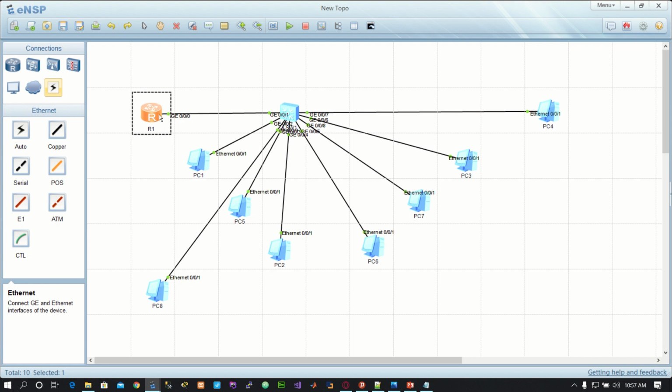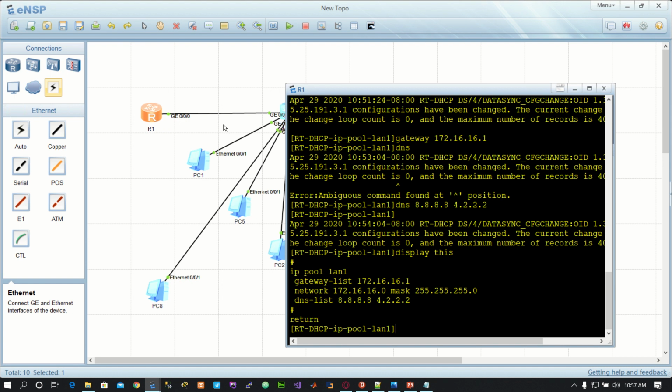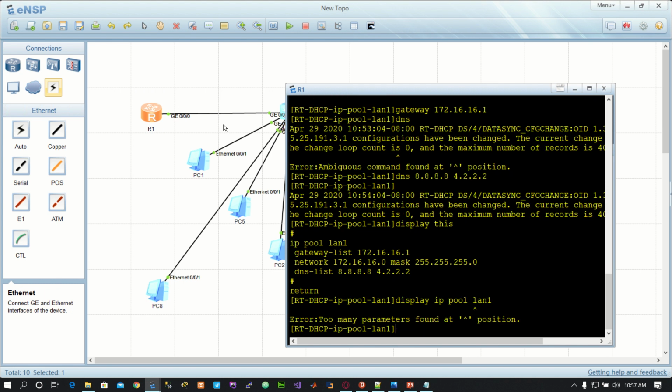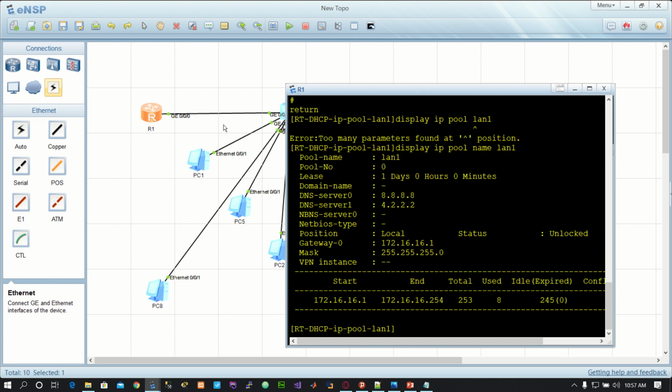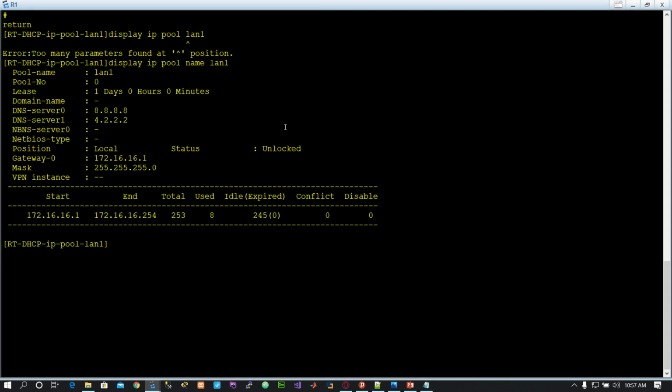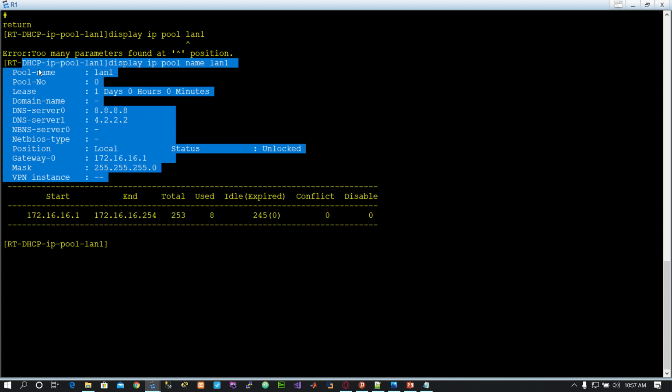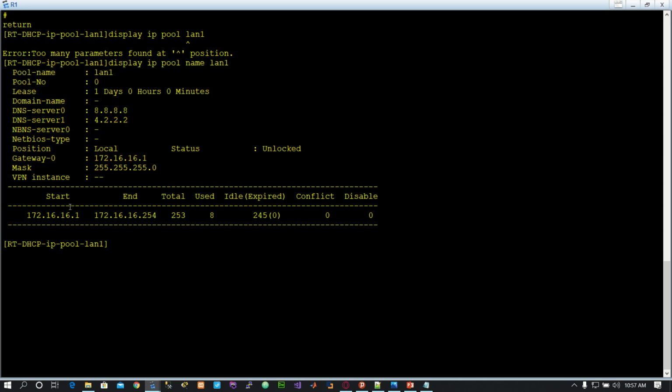So we could also display, for instance, the pool name. So we could say display ip pool, maybe LAN 1. It's telling me there are too many parameters. So we say display ip pool name LAN 1. And what happens? It gives us complete details of our DHCP server. So the pool name is LAN 1, our DNS server 0, DNS server 1, that is the primary and the secondary DNS. There is the gateway, and now it gives us the start and end of our IP addresses, and